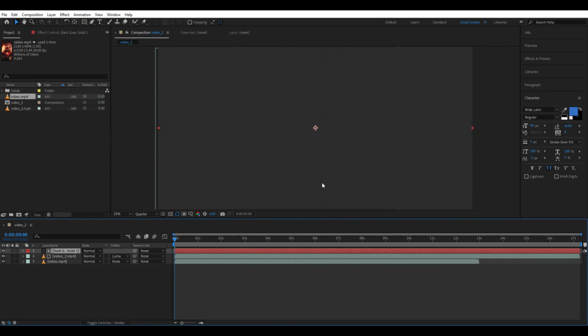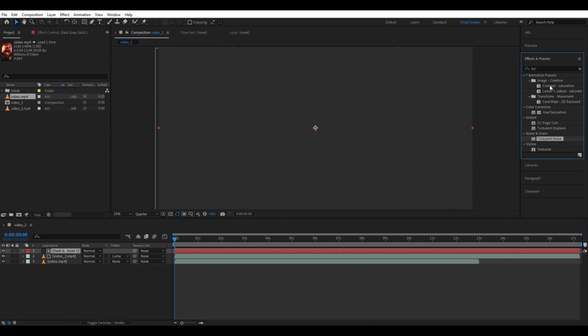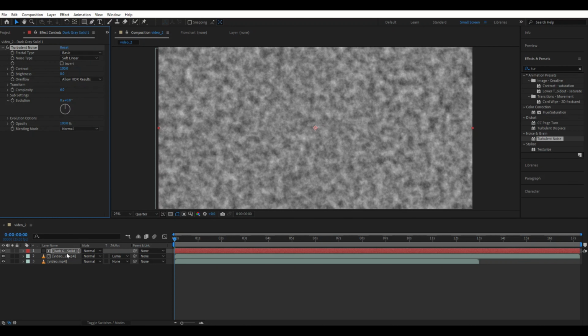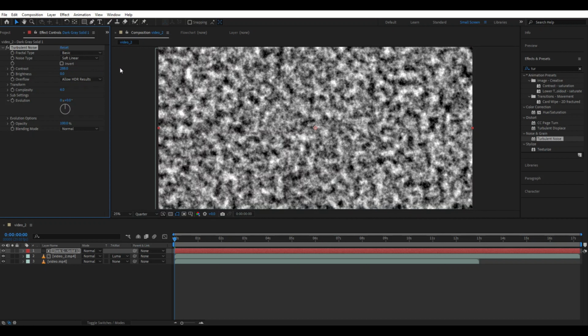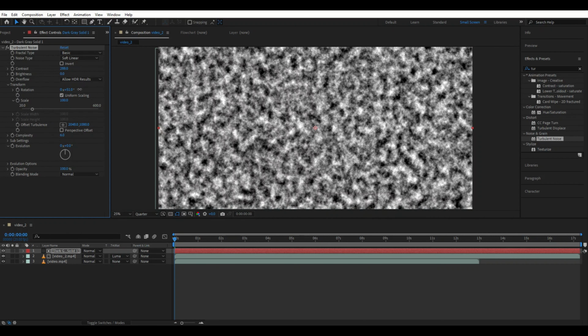Okay, and just go to effects and presets, search for turbulent noise. Apply this effect on this, and let's increase this contrast and transform, rotation,